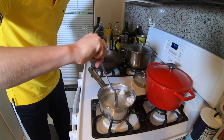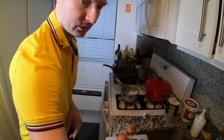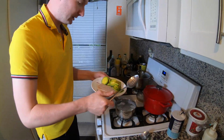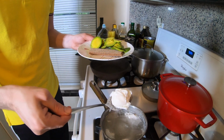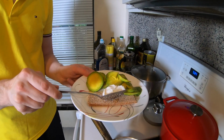So quick. Okay, I think 1 minute is over. Now I'm gonna take this spoon. You see it has holes in it, so it's better just like that. Okay, where's my egg? Just watch. Yes, look at this. Just put it here,